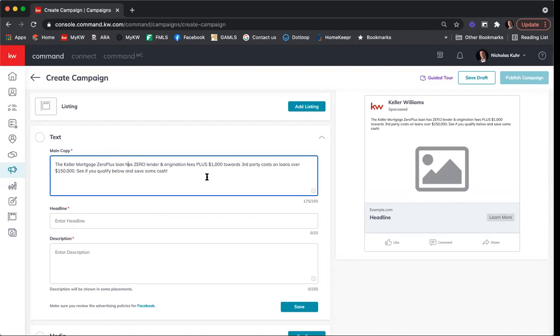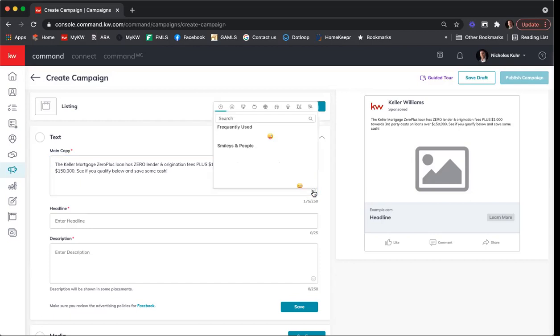When writing copy, include emojis. I don't know why, I don't have the data, but everyone always says emojis perform really well. I think they help break up the monotony of the words. They show personality and people like them. They're used to using them every day in texting, so why not put them here? So in the bottom right-hand corner of the text box, there's a little emoji icon, so you can add a bunch of emojis. So I'm going to type in 0